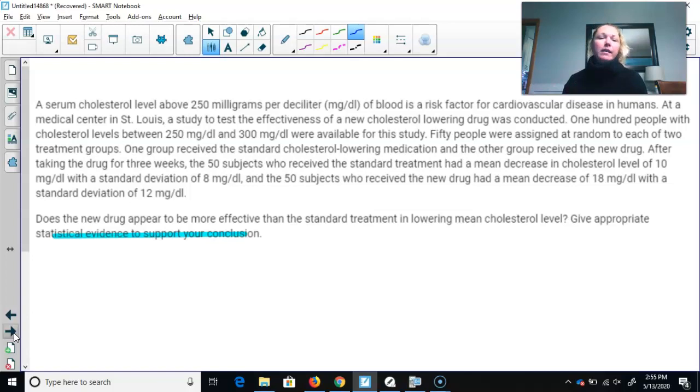Again, I don't need to read through this whole problem. Let's just go to the question right here. Does the new drug appear to be more effective than the standard treatment in lowering the mean cholesterol level? Don't just say yes. You're doing a test here. How do I know I'm doing a test? Give appropriate statistical evidence to support your conclusion. So what have we seen when they ask you for a test? Right now, we've seen 3 different